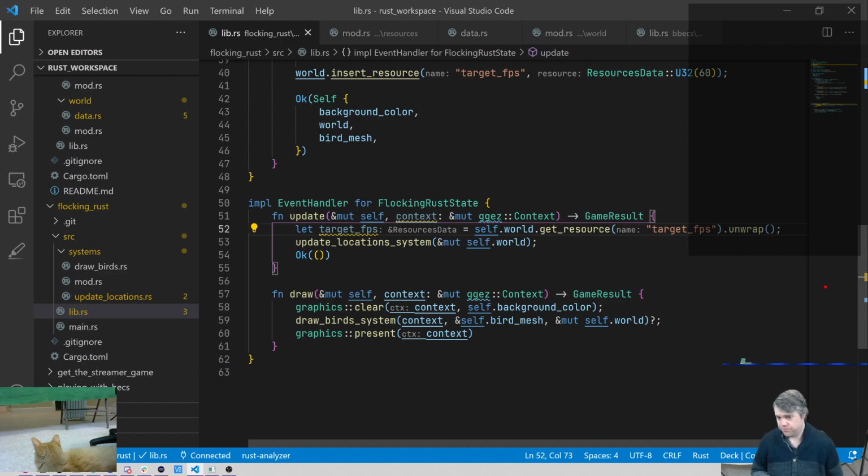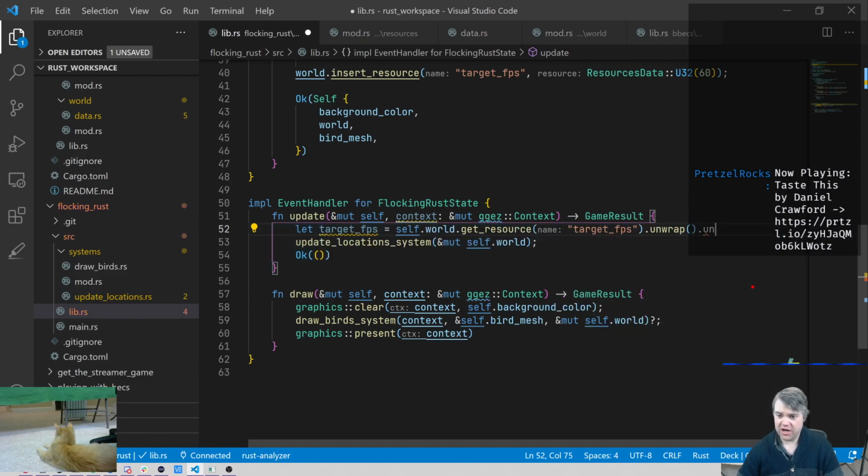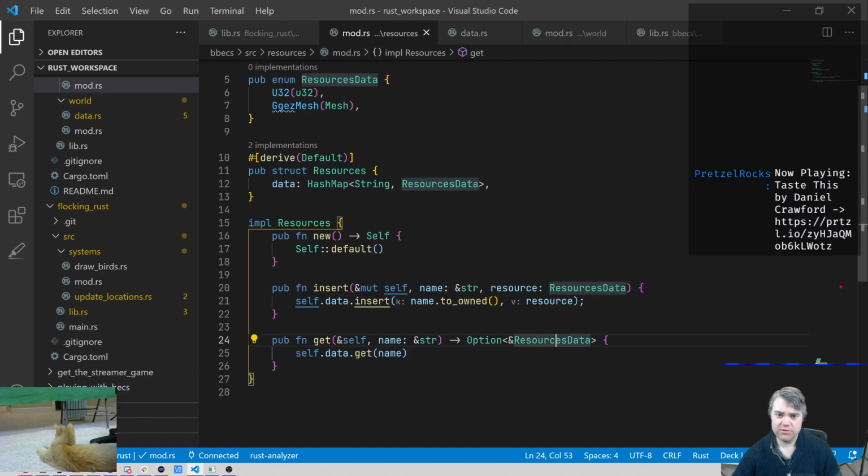Or I wonder if I could do something else. We can do the if let thing. That's another option. I don't think you can do another unwrap on here because it's just the full data. So if I come back to resources,